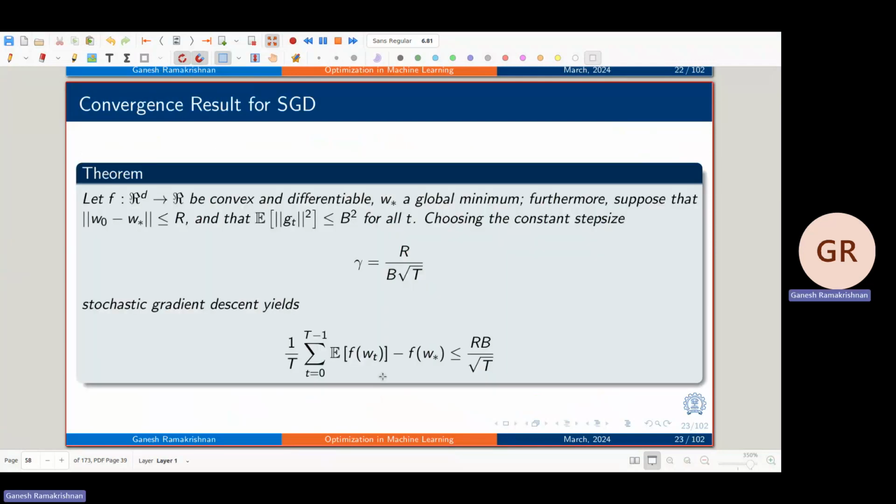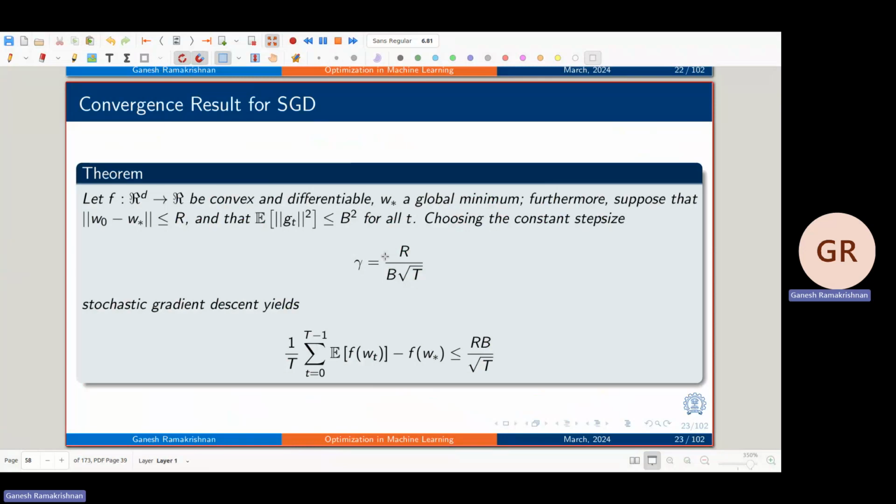So the convergence result is that under convexity alone, but under an interesting modification to Lipschitz continuity, which is the Lipschitz continuity in expectation. This is also something you would expect, right? If I have to prove convergence, I'm going to slap an expectation all through. So then I'll start looking at the expectation of the gradient norm, which will mean that I'm looking at Lipschitz continuity in expectation. Okay, so